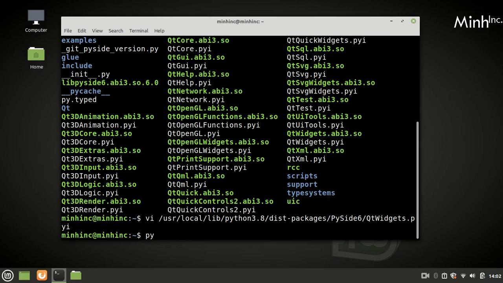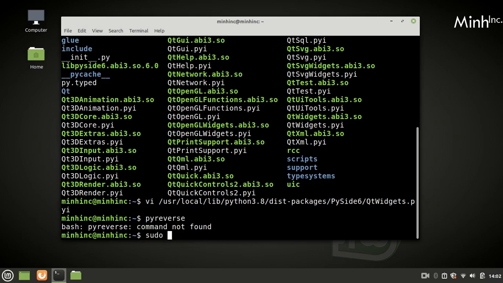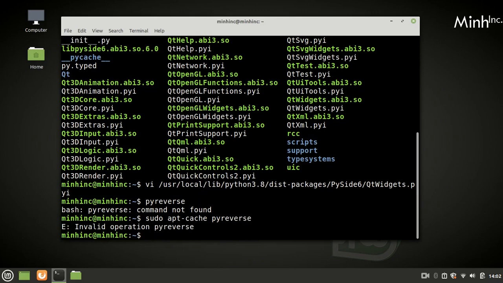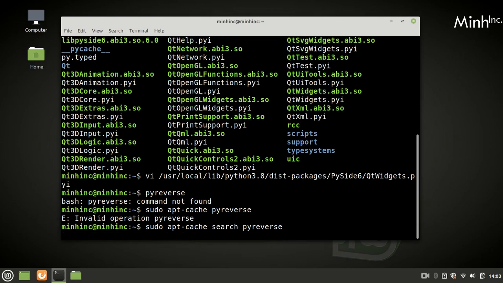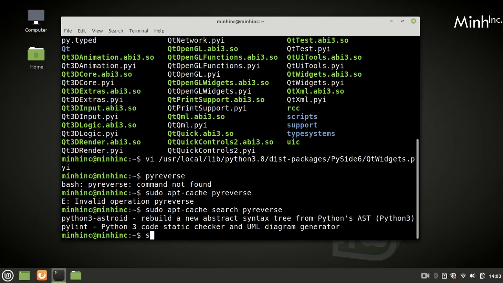So to install pyreverse, sudo apt-cache search, then sudo apt-get install pylint. Okay, it is a code static checker and UML diagram generator. This is what it is.